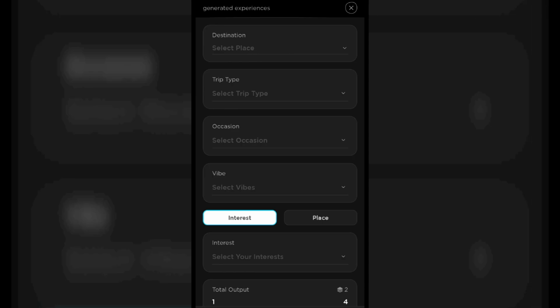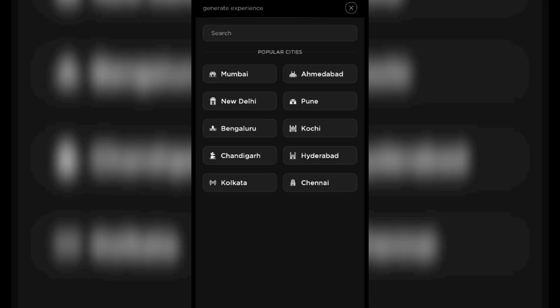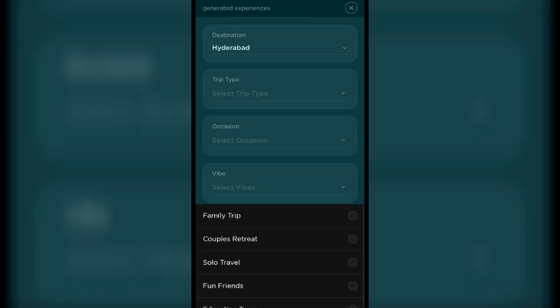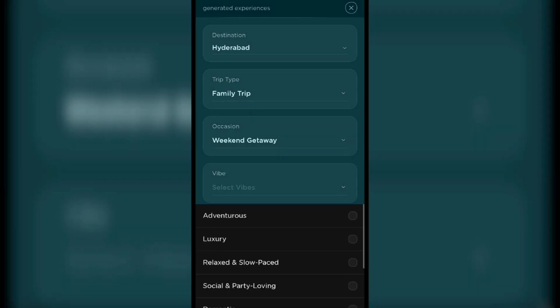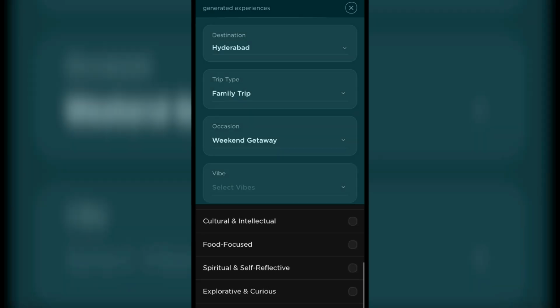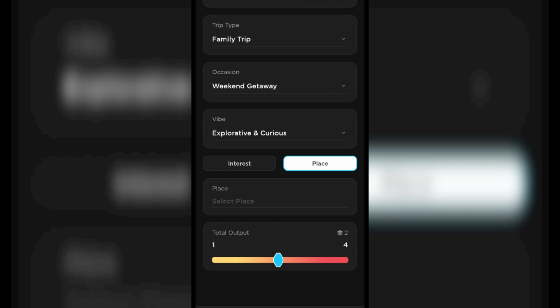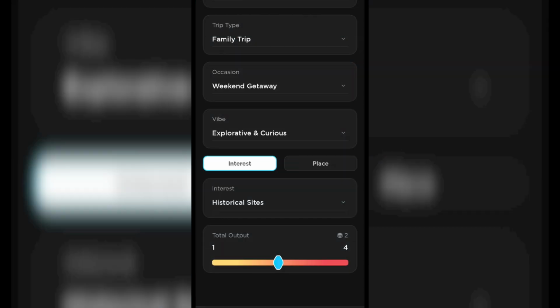So the first thing we need to do is to select a destination, wherever we are or where we want to plan our experience, and then we can pick the trip type. Let's say family trip, and then we can pick the occasion and the vibe as well. Let's say curiosity, and then we can pick either interest or the place. We can pick any place from that particular destination, or we can pick interest from that particular destination, and then